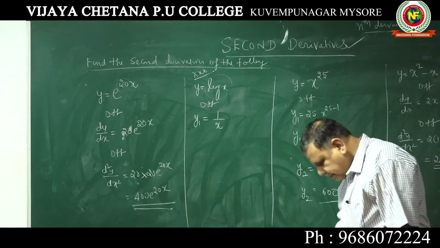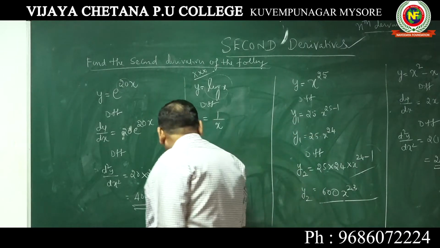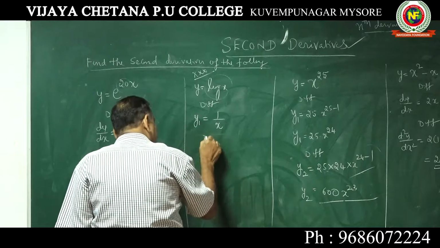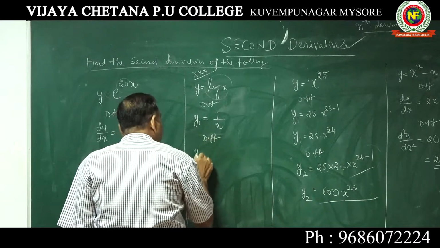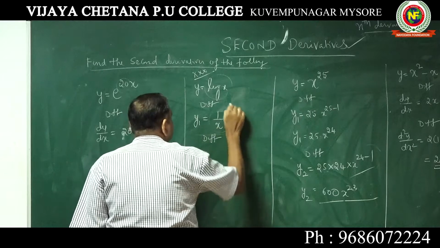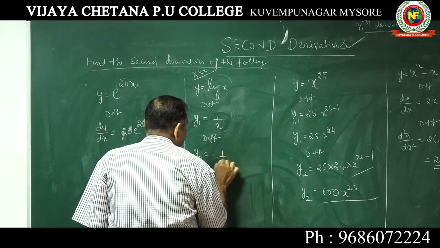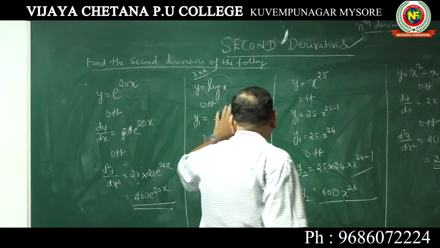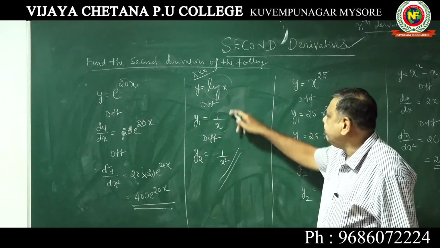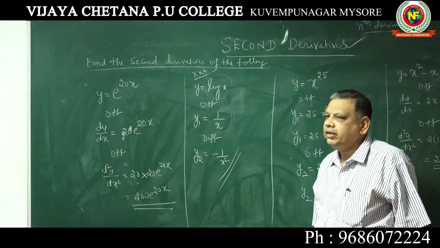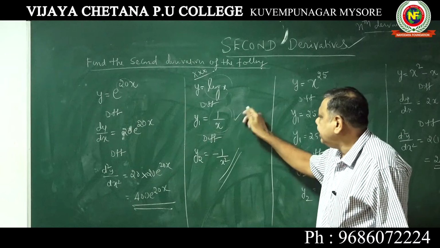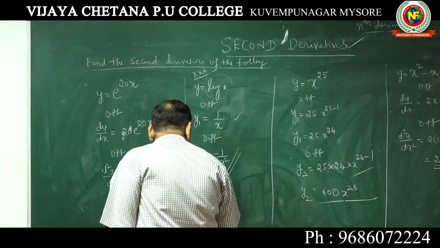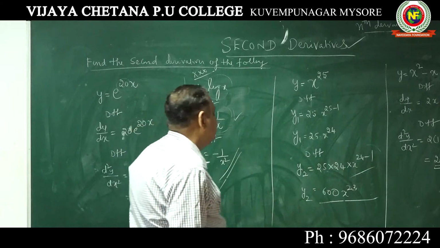So y is equal to log x. When you differentiate with respect to x, dy by dx is equal to y1 is equal to 1 by x. Now further differentiate, y2 will be, what is the differential coefficient of 1 by x? Minus 1 by x square. See how easy 2 marks you will get. First differentiate y1, which is 1 by x, and y2 further differentiate 1 by x, differentiation is standard, minus 1 over x square.